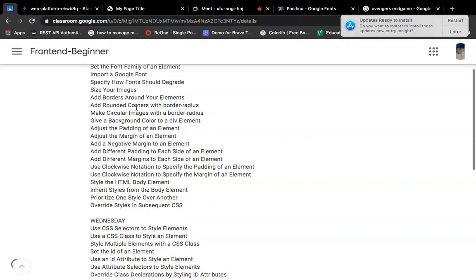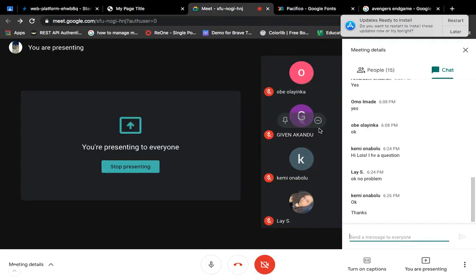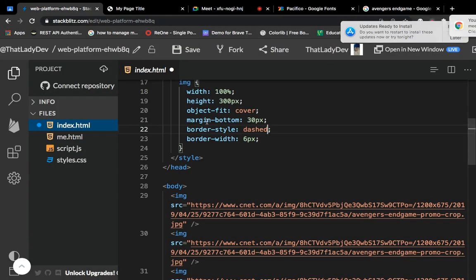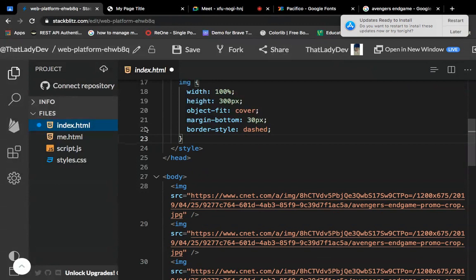Now, how to add rounded corners. If you've noticed, lots of sites make use of rounded corners, even down to Google here. Even if you look at this card, you see it has a rounded corner, and rounded corners are so cool, especially with cards. So let's look at how to make rounded corners. So to make your rounded corners, let's remove this,